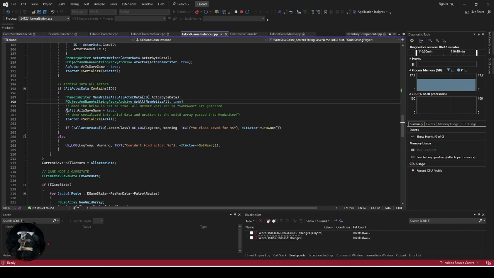And once that stuff's been done, you have to set save game equals true. This is a really, really important part. If you don't set this to true, then it basically saves everything. It tries to save every object in your header file marked as a U property, rather than just those variables that have been marked as save game. So this ensures that only those variables that you've marked as save game are saved. And then once it does that, you just call serialize on your actor,